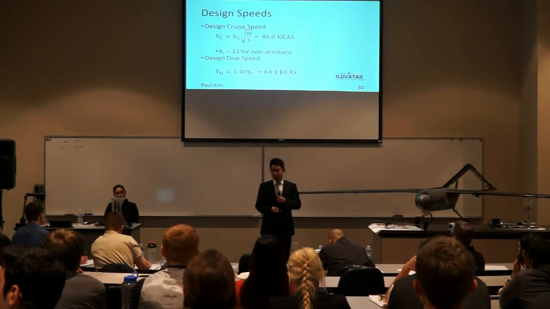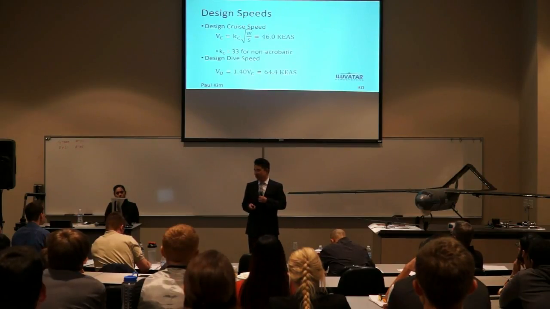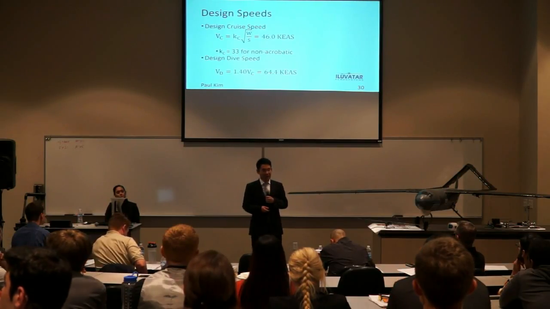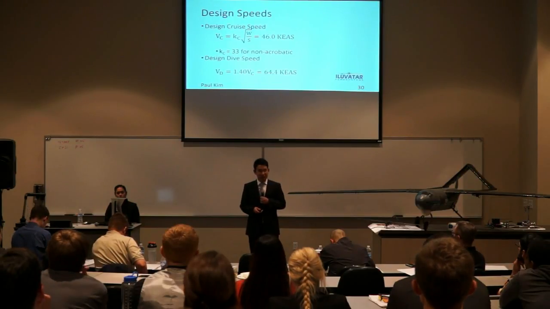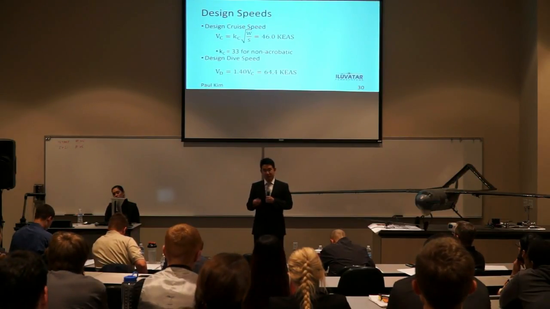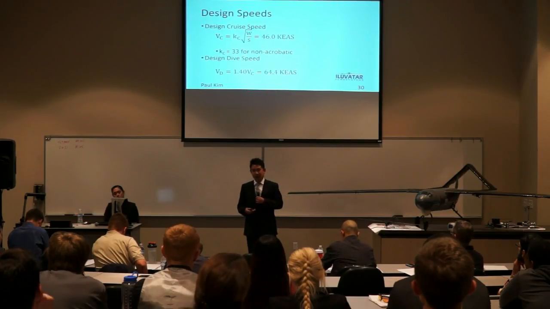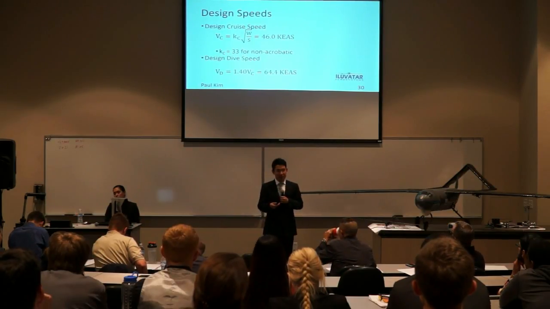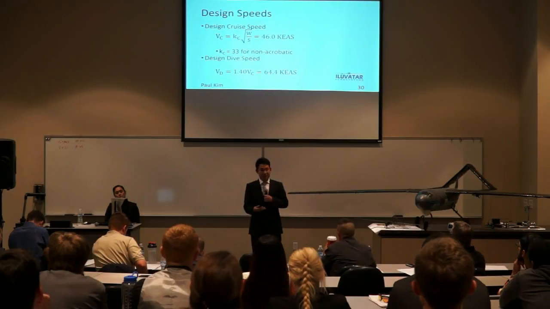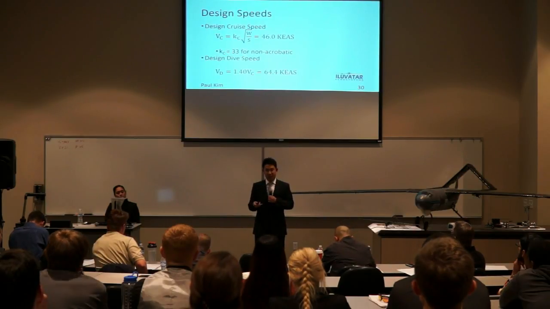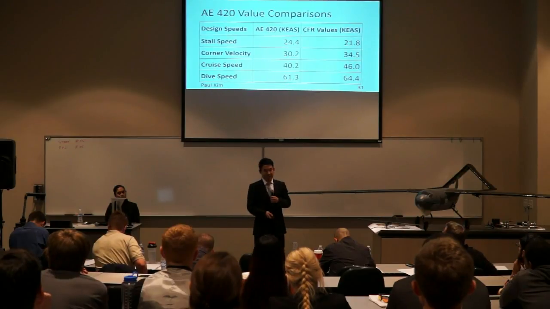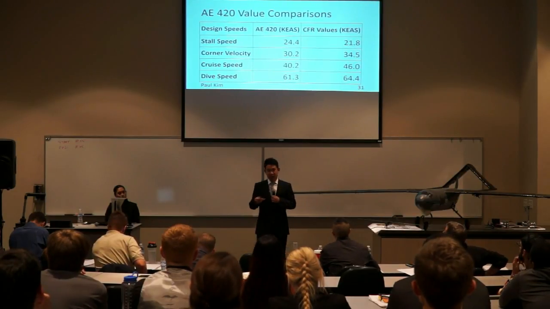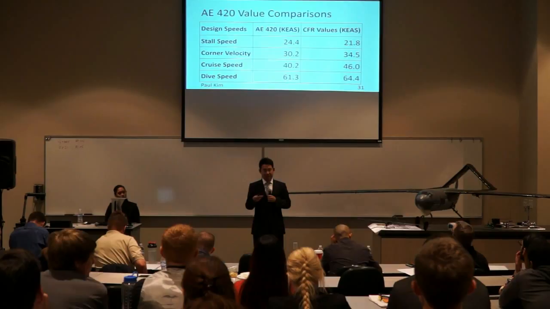Moving on to design cruise speed, using this equation where Kc is 33 for non-acrobatic aircraft, the design cruise speed was calculated to be 46.0 knots equivalent airspeed, and then using this value, the dive speed was calculated to be 64.4 knots equivalent airspeed. Now that the four design speeds were calculated, these values were compared with the preliminary design results, as you can see in this table above, and the larger values were used as a conservative estimate for